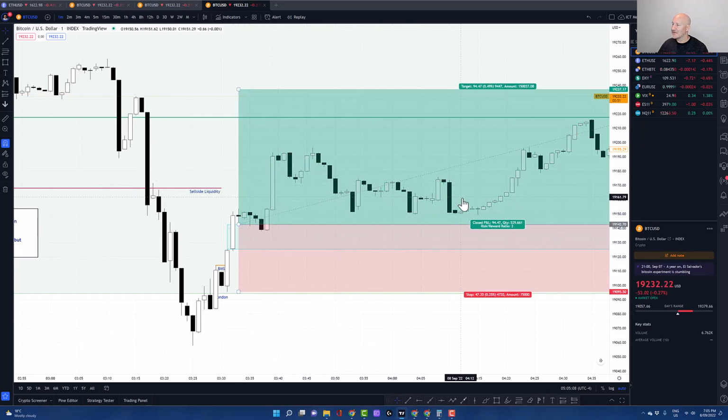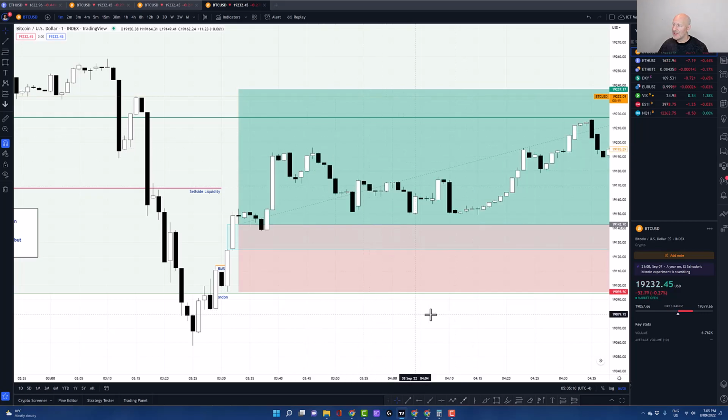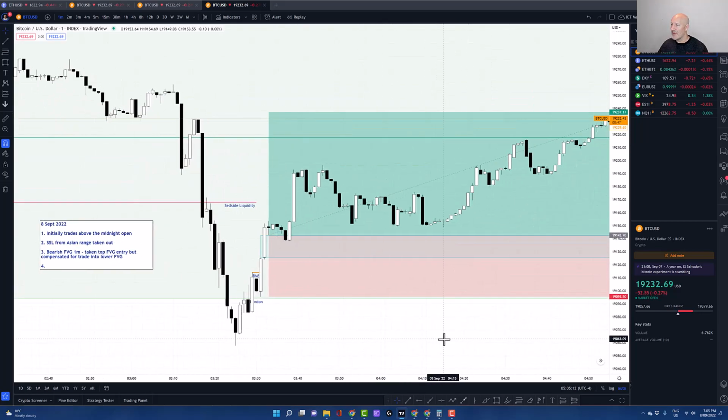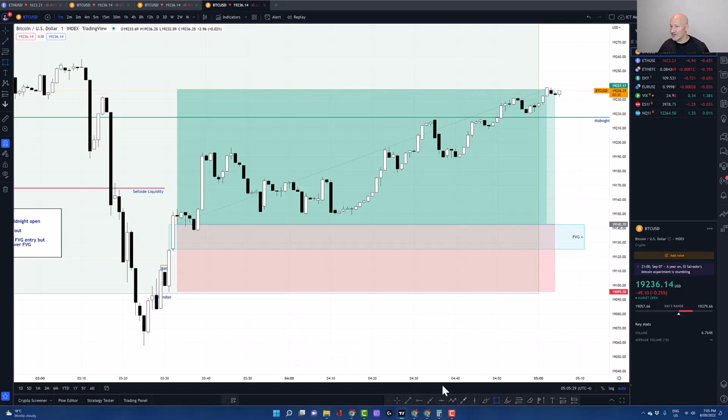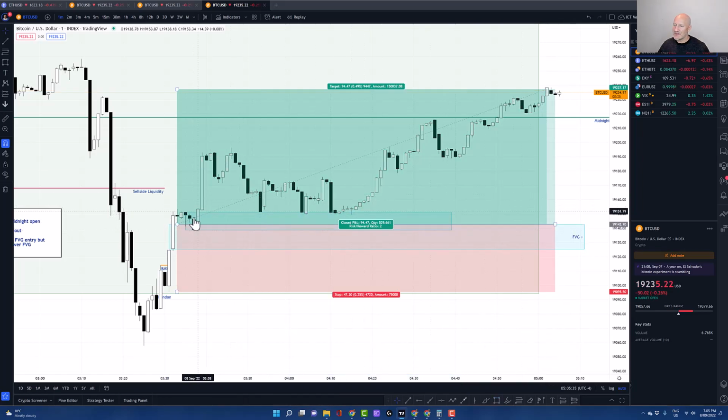We consolidate sideways for quite a while. Now I wasn't really worried about this consolidation, because you can see we have these consecutive down close candles here that form one order block. And so if we draw this out, if we draw a box I should say, that'll be easier to see. You can just see how price respects that. So we almost touch there, we touch there, we touch there, we touch there,